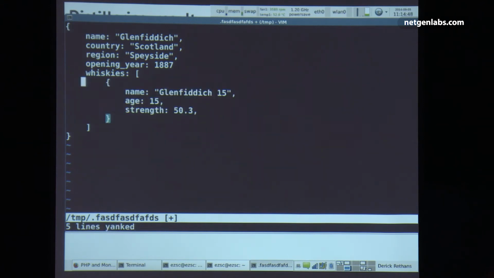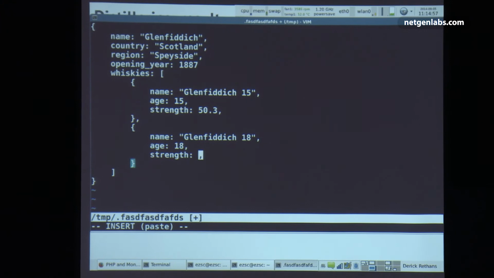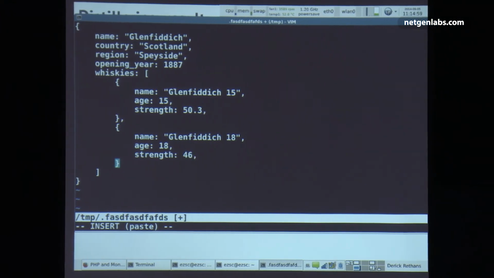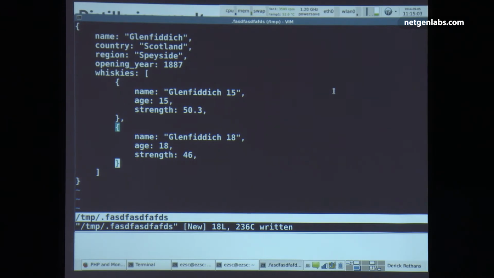Of course, there's multiple whiskies that I have, right? The 50.3, by the way, is a made-up number. It's 46 for all of them. But this would be the schema that you came up with, right? So if I do a query to find information about a specific whiskey, say the Glenfiddich 15, the query that I have to run to find this is db,